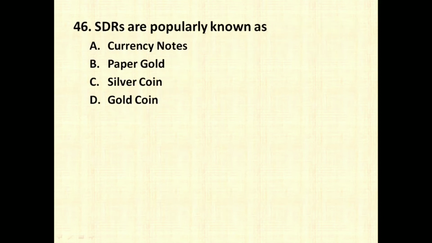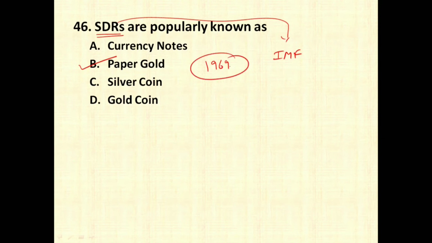SDRs are popularly known as currency notes, paper gold, silver coin, gold coin. So SDR stands for special drawing rights, and these are called as paper gold. These are the rights which are given by IMF, International Monetary Fund, and these came in the year 1969, and these are called as paper gold, or it is also called as virtual